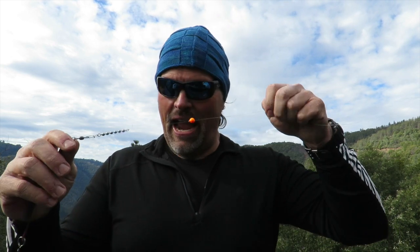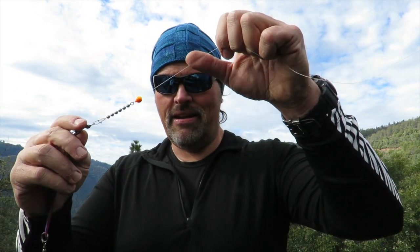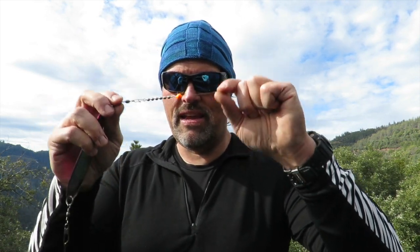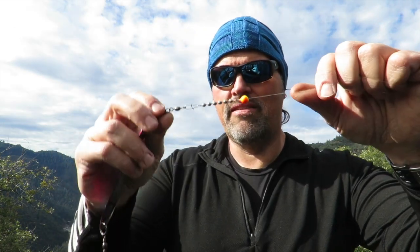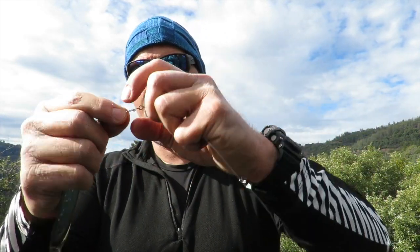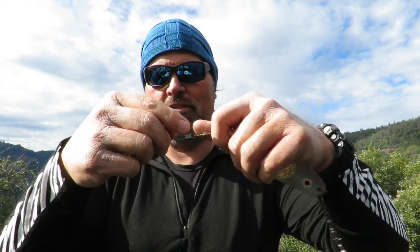Now, here's how I rig up my naked spoons, and kind of bear with me, ignore this Dodger because I'm going to talk about that in a second. My basic rig for any kind of trolling, and especially for open water trolling, places like Shasta, Don Pedro: my main line comes down from my rod. I put it through that bead so I can keep track of where everything is in low light conditions, so I can see where this swivel is. I tie on a bead chain trolling swivel just like that, and right here, if I'm trolling naked spoons, I attach my leader. I'm running a leader that's anywhere from 30 to 40 inches long, 8-pound test fluorocarbon,